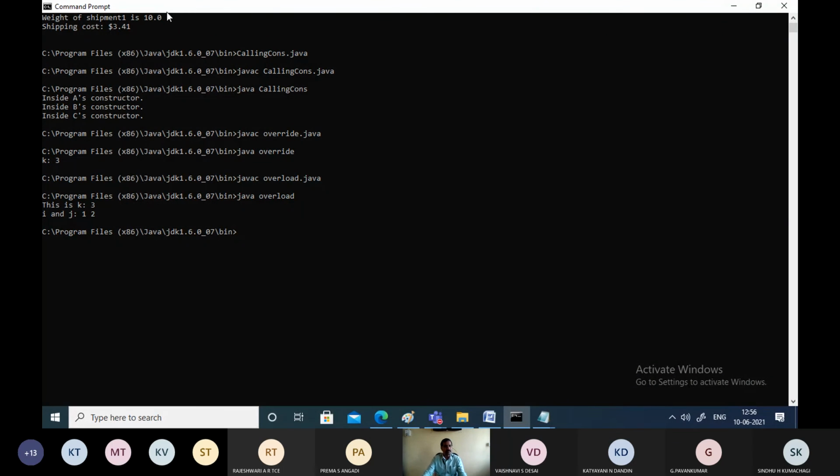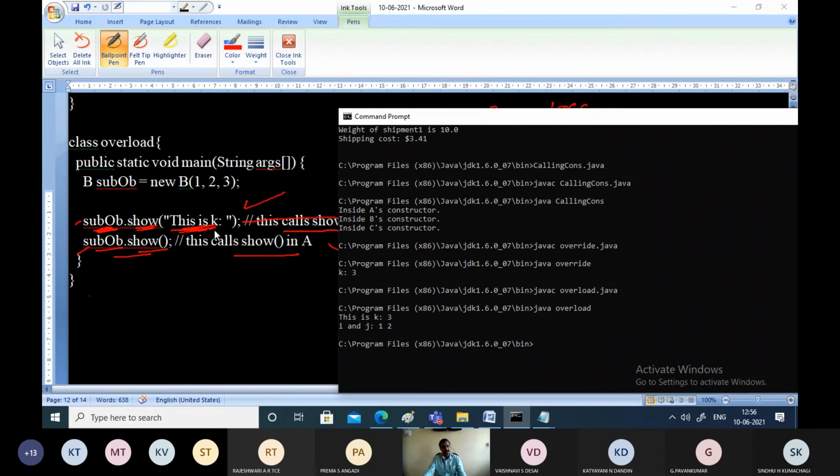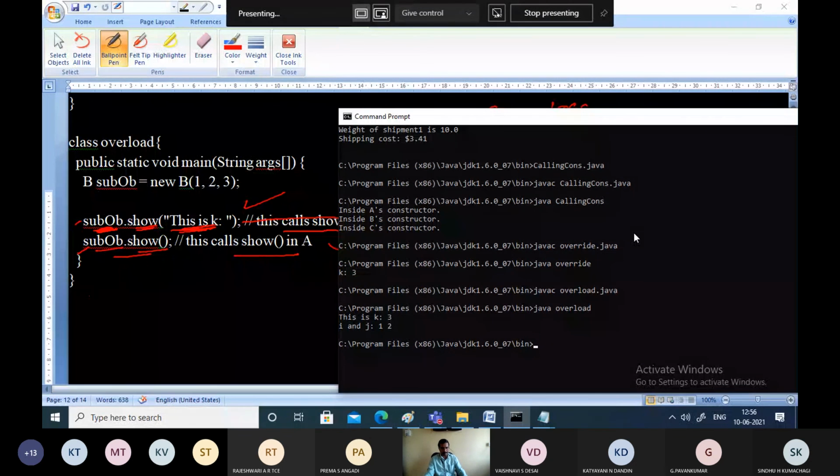This is K statement will be displayed along with the value of K, and then along with I and J, which are part of the superclass. That means both show methods were able to be called here. In the earlier case, during overriding, only the subclass version was being called. Here both versions can be called with the help of overloading.